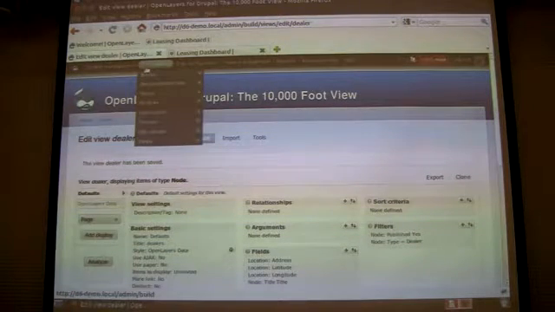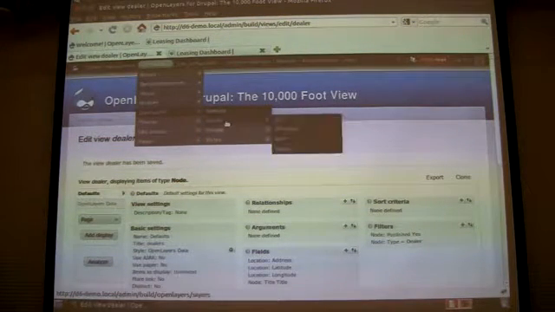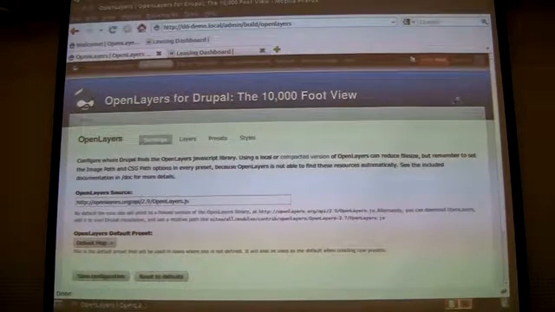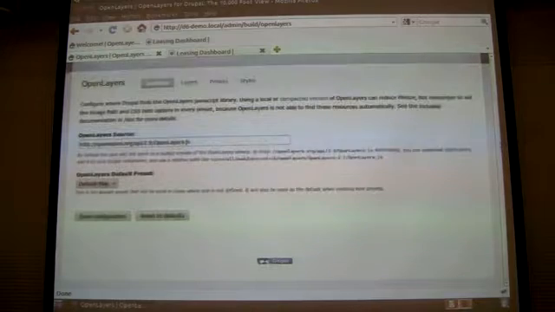Okay, so we've got the view. Go to OpenLayers. And by default, OpenLayers pulls its library from the hosted location on the OpenLayers servers themselves. This is one caveat with the OpenLayers module right now, is that the library is at version 2.10 and has several fixes in it, some feature enhancements. It's incompatible with the 2.9 library. The Drupal module is written for